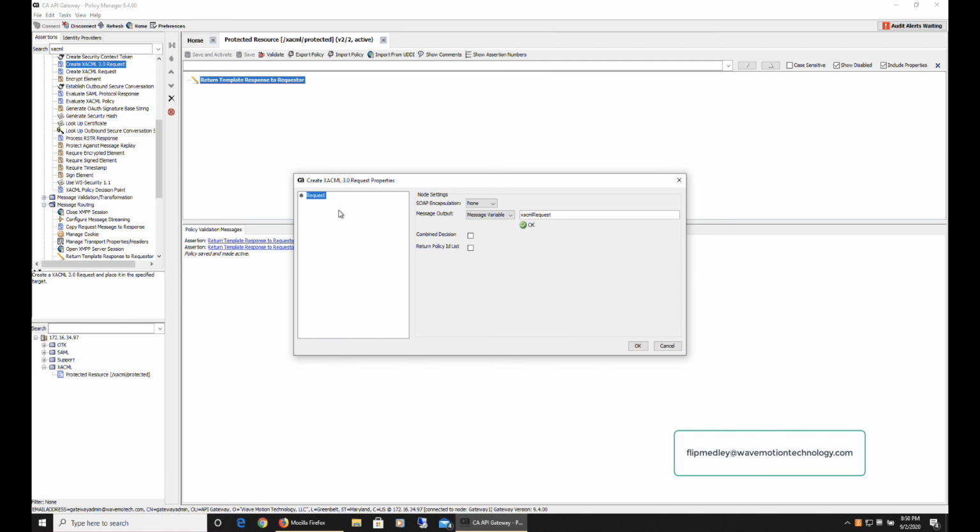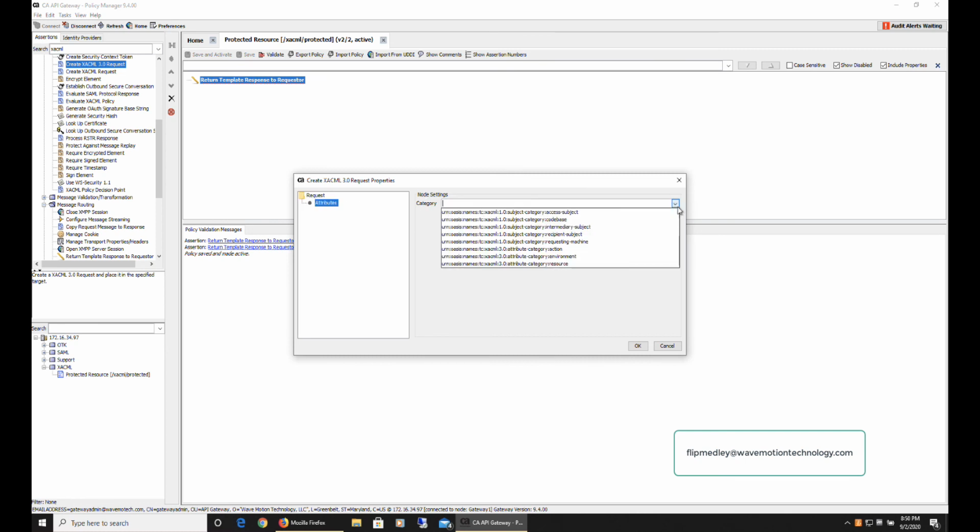So what am I going to build? Well, I have to add some attributes to this request. I have to describe who's making the request, what they're requesting, and what actions they're trying to take on that request. And that's going to be described using attributes on the request. So if I right-click on the request and I say Add Attributes,